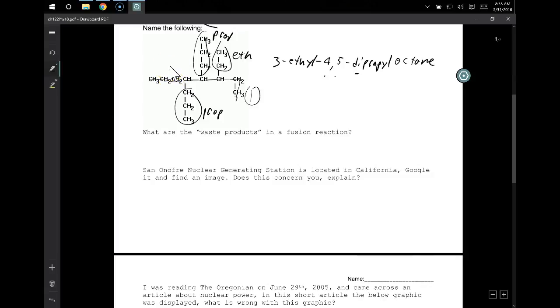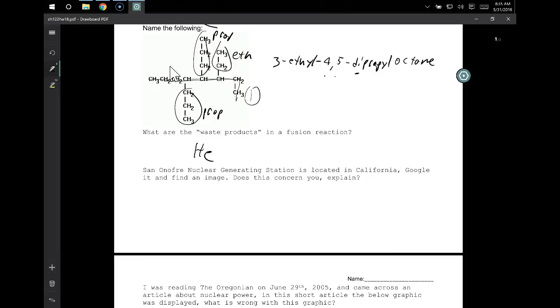Waste product for fusion? It's just helium, right? I mean, does that sound bad? The waste product for a fission reaction is a bunch of radioactive stuff that's radioactive for thousands and thousands of years, and it's very dangerous. And this stuff, its byproduct is helium. I mean, literally, you would capture this and sell it to Fred Meyer and florist places to make balloons. Like, there is nothing, it's just helium, nothing else to it. So it'd be great if we could do that, but